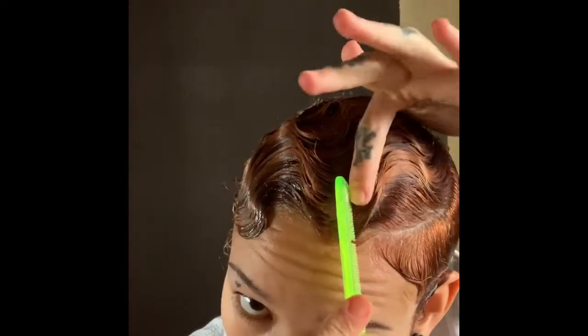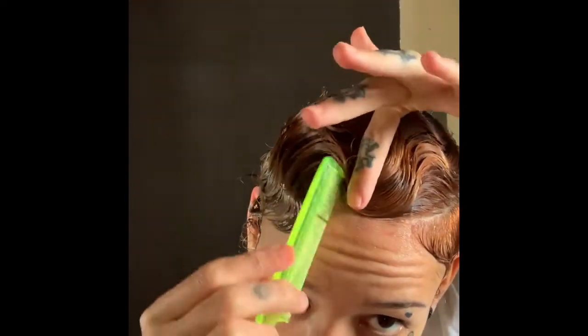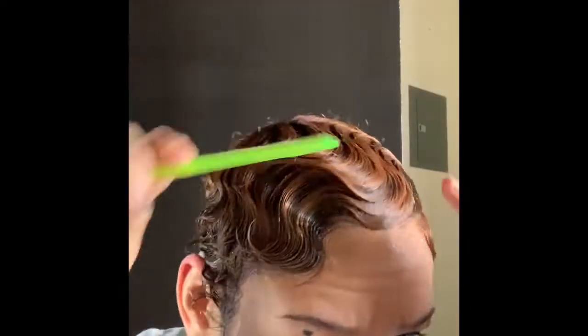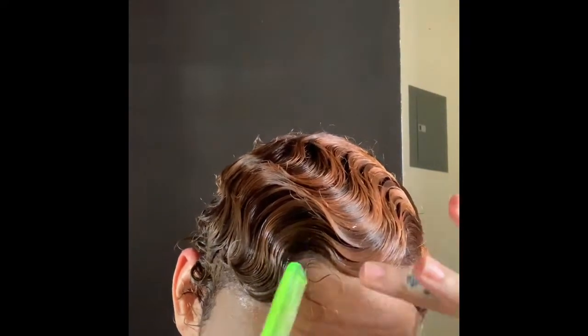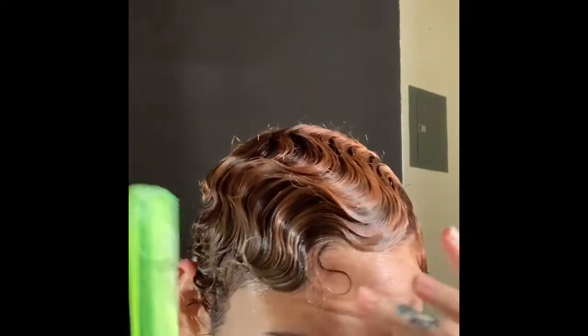So boom, I'm just swooping and blending the product into my hair. You see, boom, bring it back around. Boom, bring it back. Ooh, look what I'm about to do right here. Boom. Hold up. Take the little section out. See, I like to do little small accent swirls and everything. Like, not too much. I ain't trying to go FKA. But I do like a little,